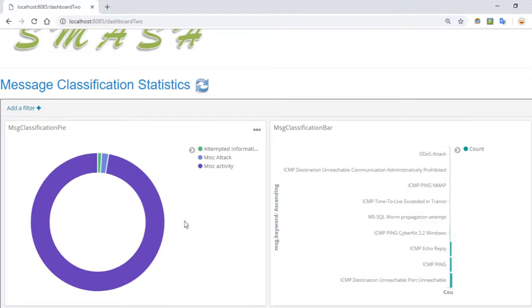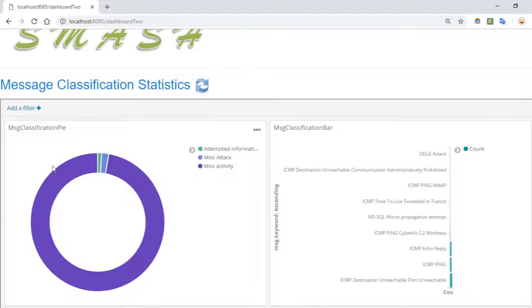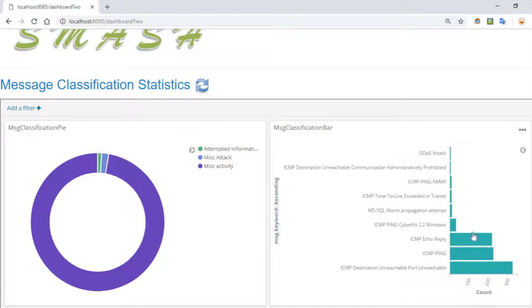So here we see the pie now has more pieces to it: miscellaneous attack, miscellaneous activity, and attempted information leak. So Snort IDS has identified those messages. However, we can look more into this horizontal diagram, and this bar diagram is arranged in ascending order, and